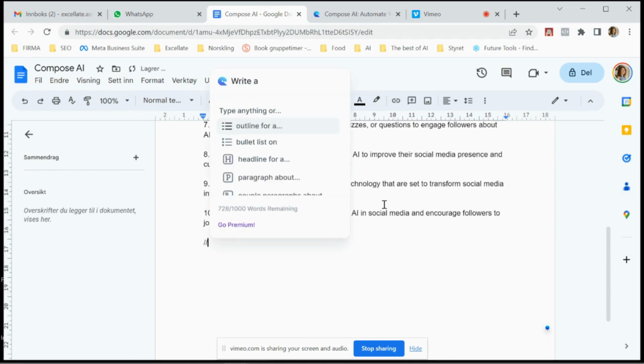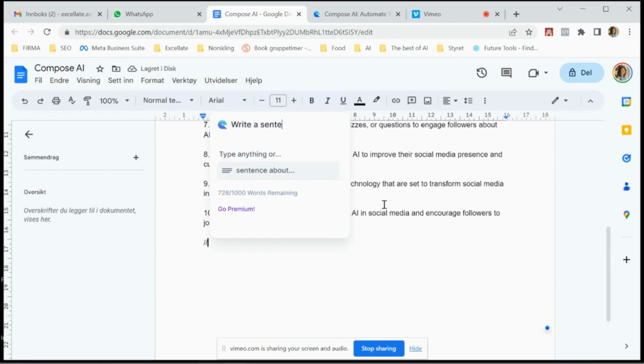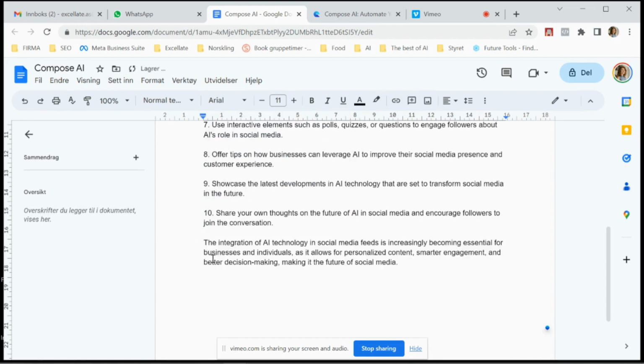Let's say that we want to write something else. Let's say write a sentence about why using AI in social media is the future of social media. We give it a moment. The integration of AI technology in social media feeds is increasingly becoming essential for business individuals. As you can see,